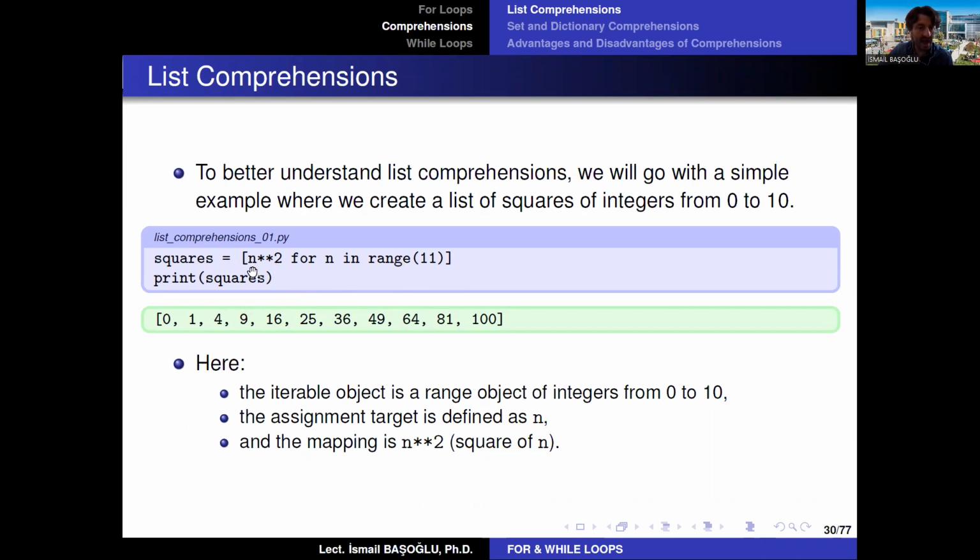So we say that n is my assignment target. We will create a list of the squares of the n values, n to the power 2. Then we write the keyword for, and after the keyword for, we write the name of the assignment target. As you can see, on the right-hand side of the for keyword, we have the assignment target, and on the left-hand side, we have a projection or a mapping of it, which is basically a transformation of the assignment target in some sense. Then we say that this assignment target will take values in the range object,